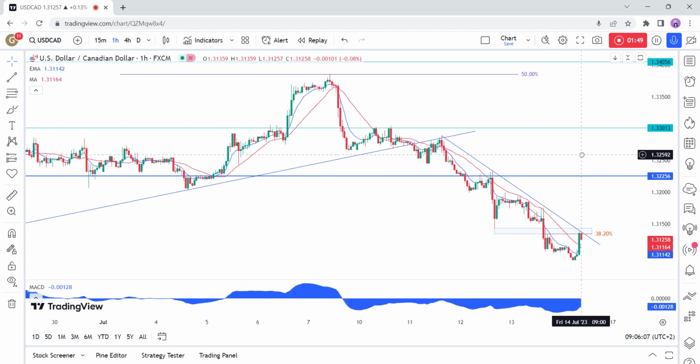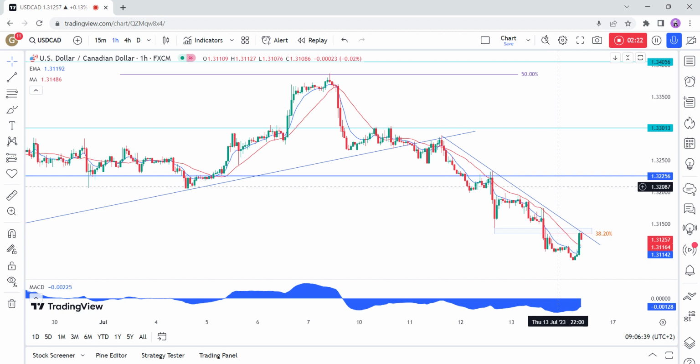On the 1-hour chart, we can see that we have a good resistance zone near the 131.35 level, where we have the confluence of the 38.2% Fibonacci retracement level, the moving average, and the trend line. The sellers should step in here with a defined risk above the trend line and target the 130 handle. The buyers, on the other hand, will want to see the price breaking higher to pile in and target the 132.25 resistance. Today, we have the University of Michigan Consumer Sentiment Report.